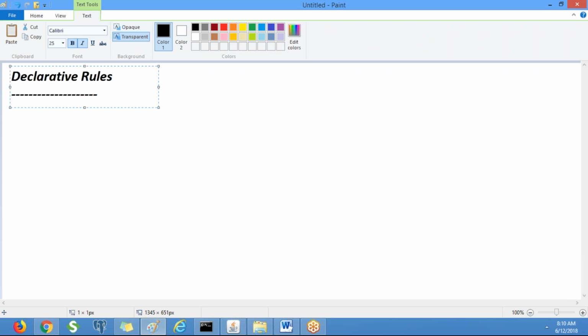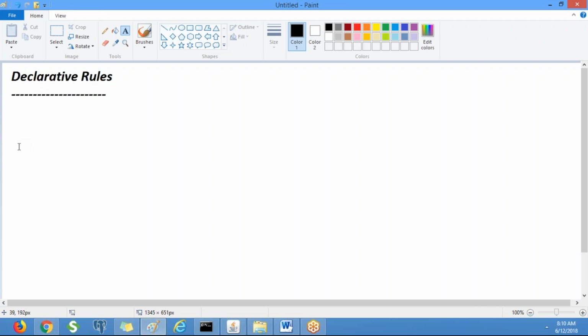These are not procedural rules. These are called declarative rules, and we don't need to invoke them explicitly like procedural rules. You create a declarative rule and leave it. You don't need to invoke it somewhere in order to make it executable.